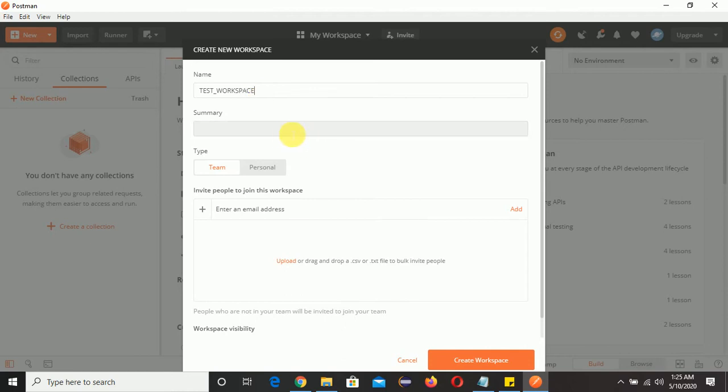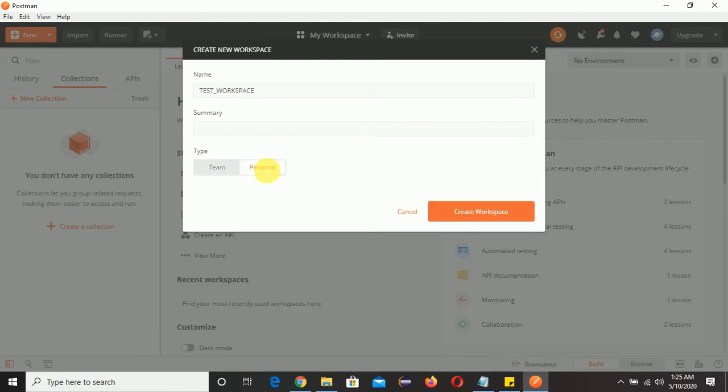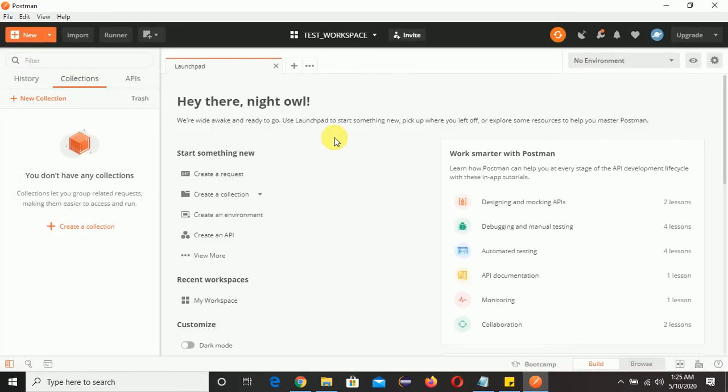If you want, you can give it. If you come to type, if you are working in a team, just click on team, but I'm working for my personal purpose, so I will click on personal and click on create workspace. Now we can see our workspace name is test_workspace.